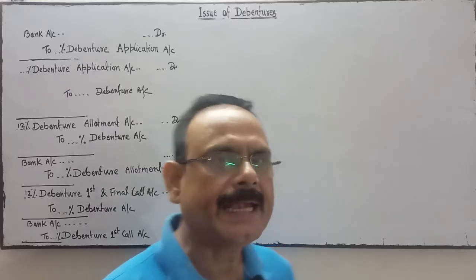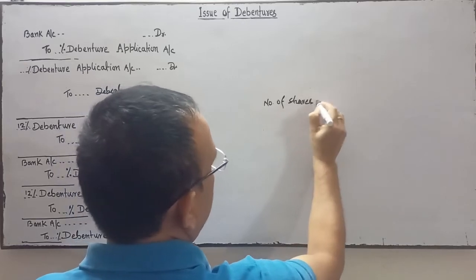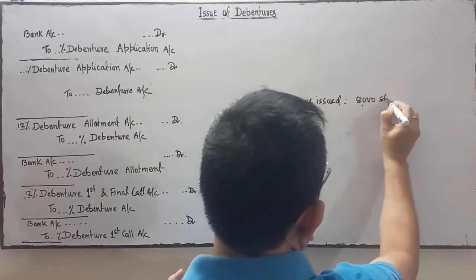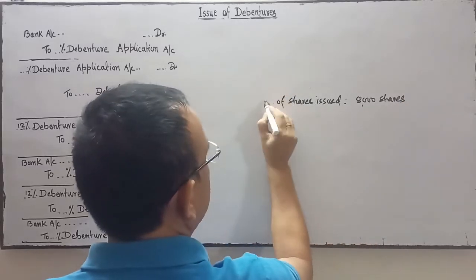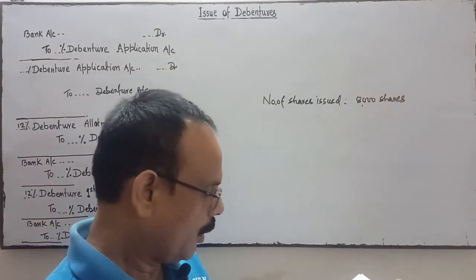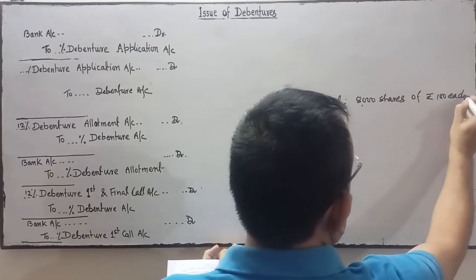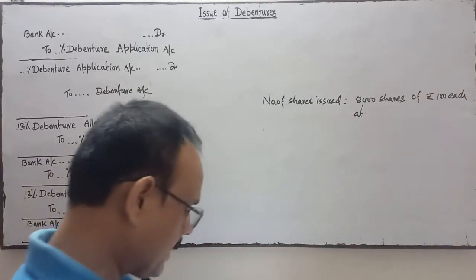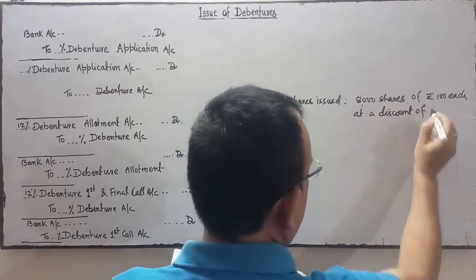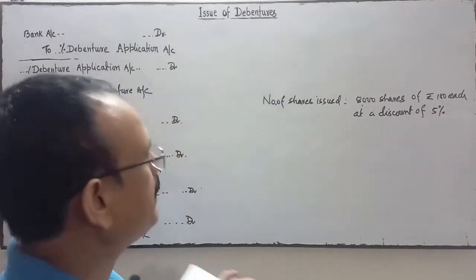R Limited issued 8,000 shares. The number of shares issued by the company is 8,000 shares of rupees 100 each, at a discount of 5%, payable as on application,